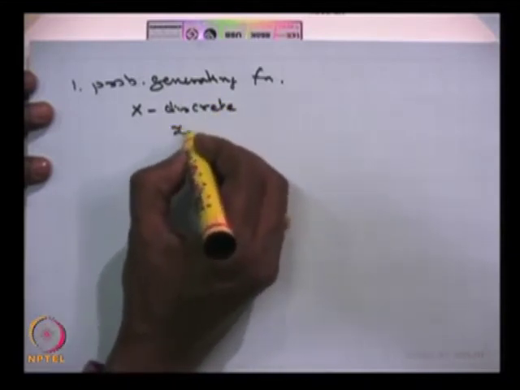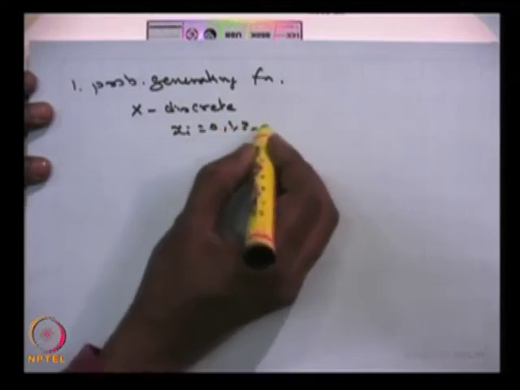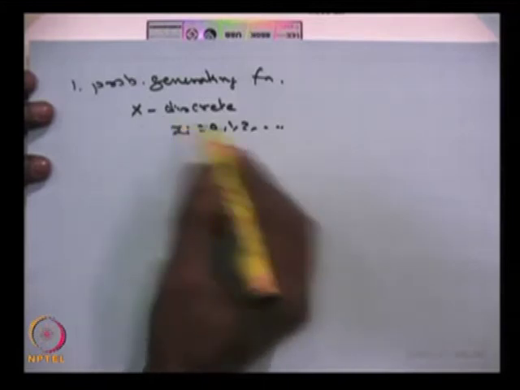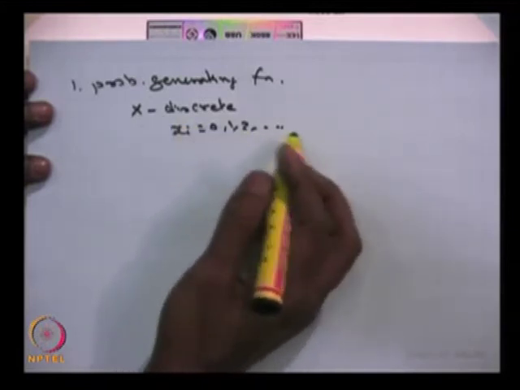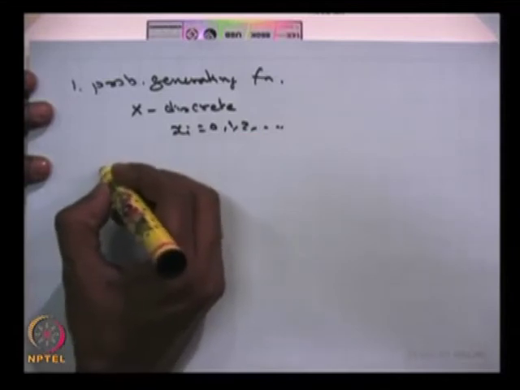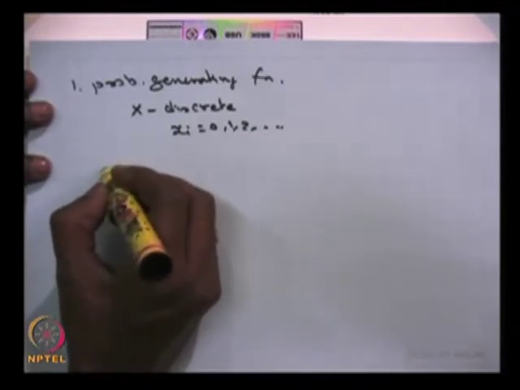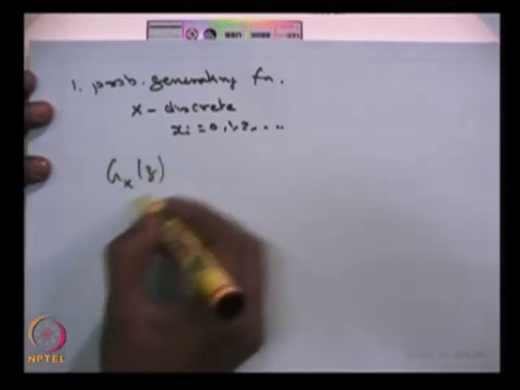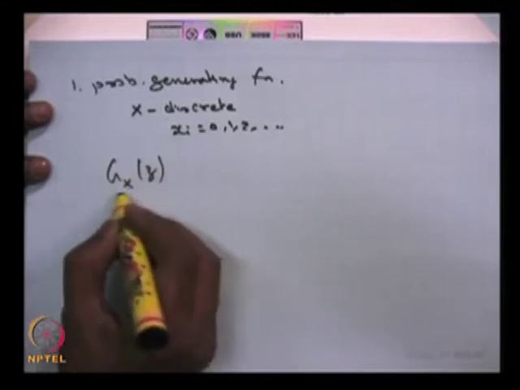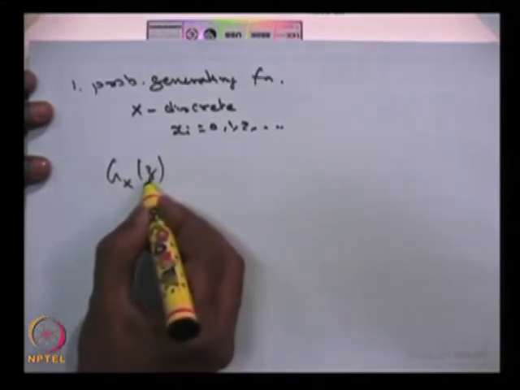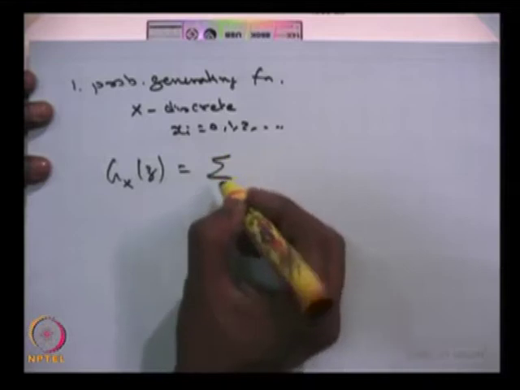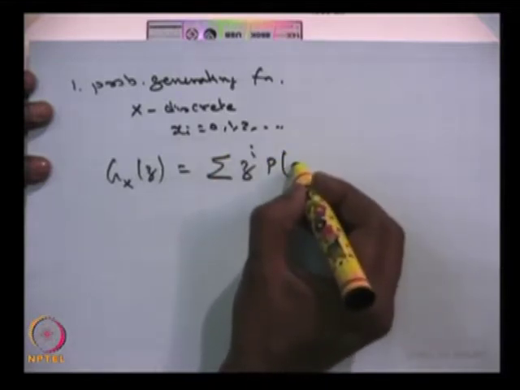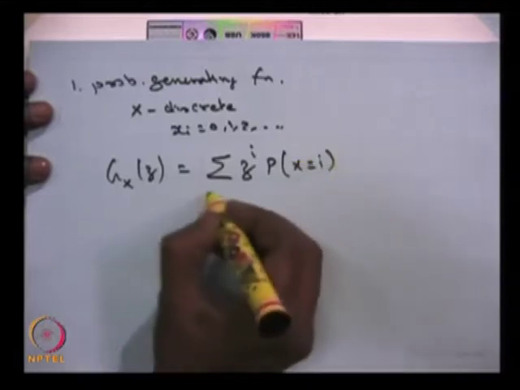have to take 0 or 1 or 2 and so on. That means, if the possible values of the random variable X are only 0, 1, 2 and so on, then you can define the probability generating function for the random variable X with the notation G_X(z), as a function of z, that is nothing but the summation of z power i